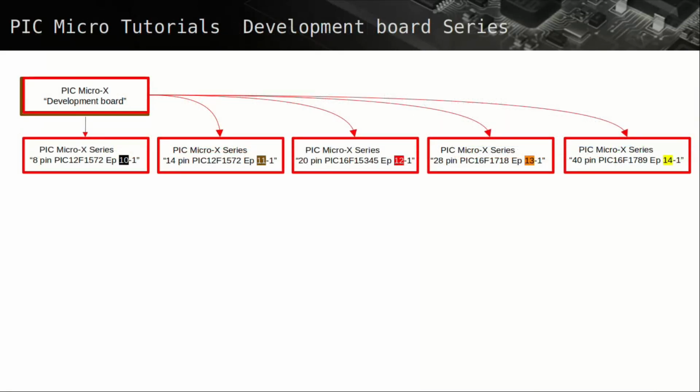This fourth trailer video development board is an overview of the PIC Micro-X development board series and is followed by 5 sets of PIC device tutorials, each with an episode series number. Starting with the 8-pin PIC12F1572 episode 10 series and ending with the 40-pin PIC16F1789 episode 14 series device